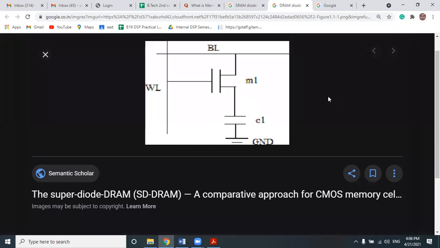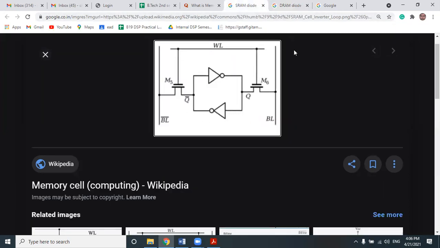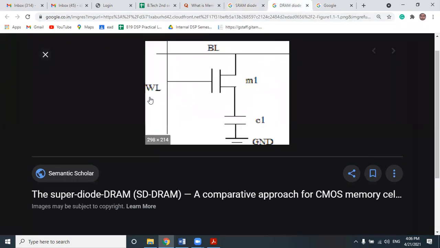That is why I told you that even when the power is still on, the dynamic RAM automatically leaks its stored data. Whereas in static RAM, there is no capacitor inside. That's why there is no concept of leakage of electric charges or leakage of information inside the static RAM. So this is the major difference between static RAM and dynamic RAM.